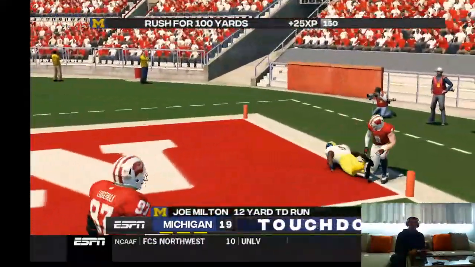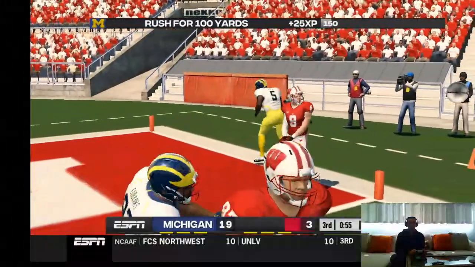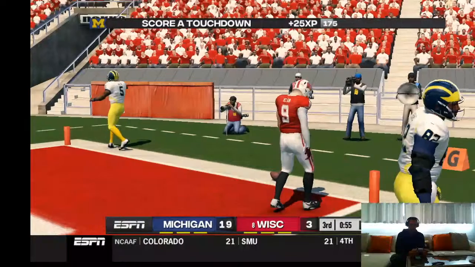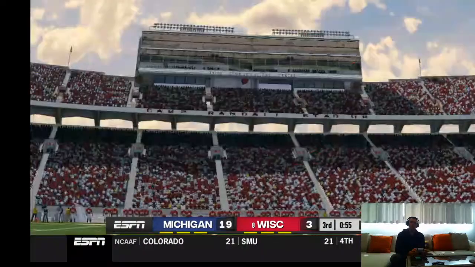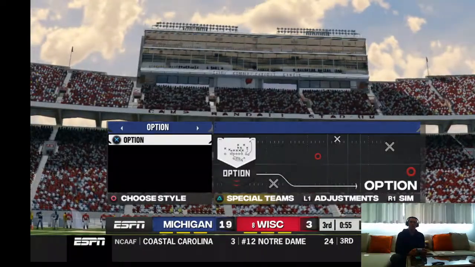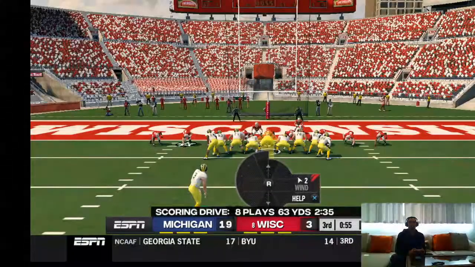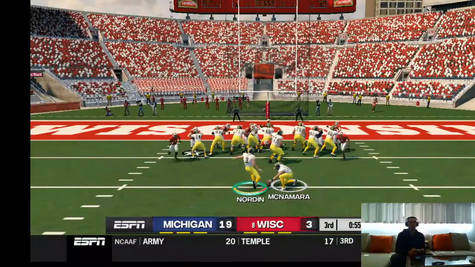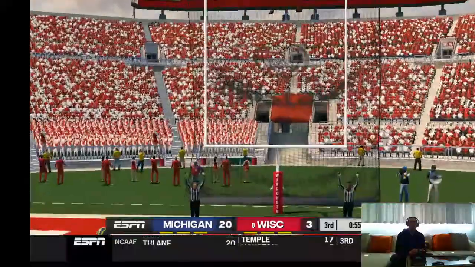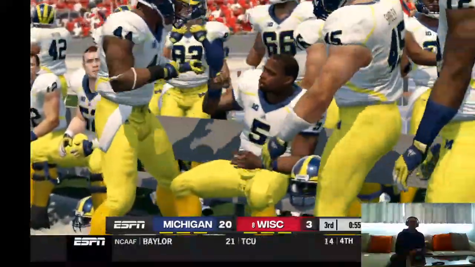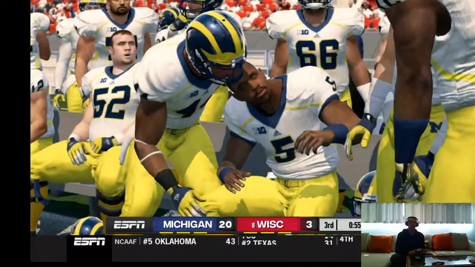Touchdown, Michigan. All right, Joe Milton, getting it done. And he adds the extra point. A couple of big plays for Milton on that drive.